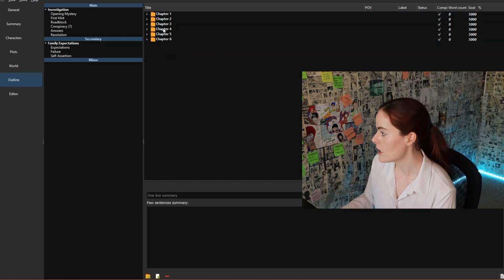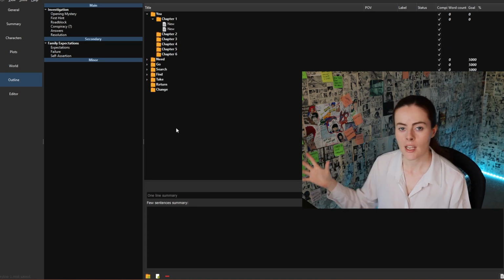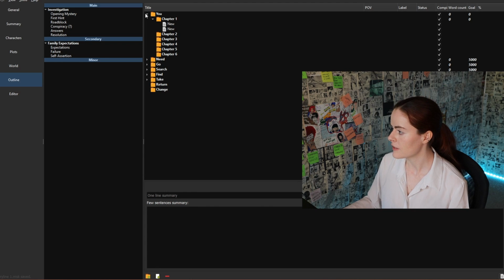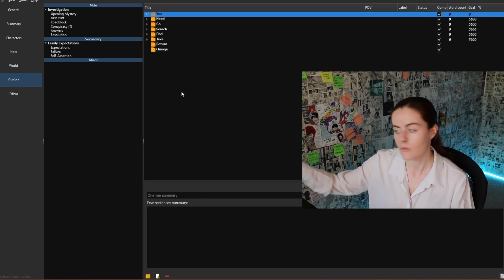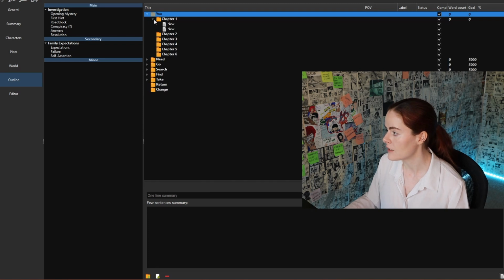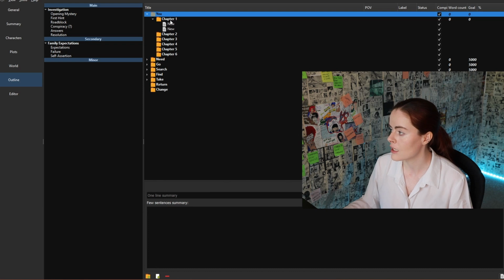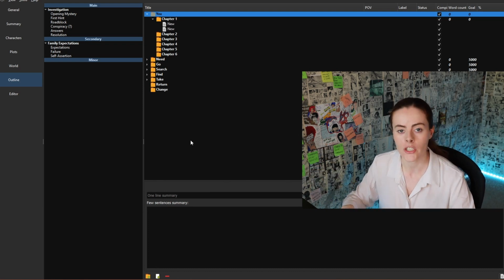So what you can do here is you can add chapters and scenes according to your needs, and what that could look like would be, for example, like this. So in my case, what I have here is basically, as you can see, this would be the hero's journey with the 8 viewpoint characters, and then beneath that you have these 6 chapters, which is the first viewpoint character, and then within a chapter you have the scenes. So you are able to create basically the kind of structure that you want and according to your own story